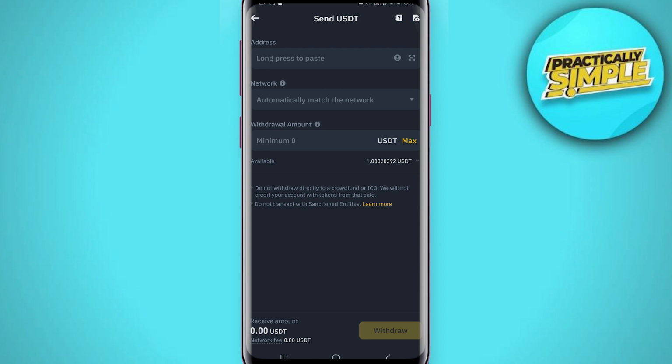After selecting the network, you will have to launch your Quotex mobile application and there you will have to select the same crypto. Then you just have to select the address from there and paste the address in this section. After that, in the network you need to make sure that both networks are the same. For example, if you have selected BEP20, then you will have to select BEP20 over here as well as in your Quotex mobile application. So after filling in these details, you will have to tap on this Withdraw button in the bottom right-hand corner